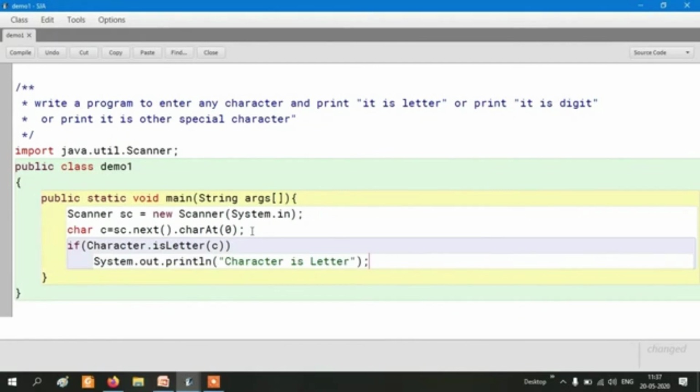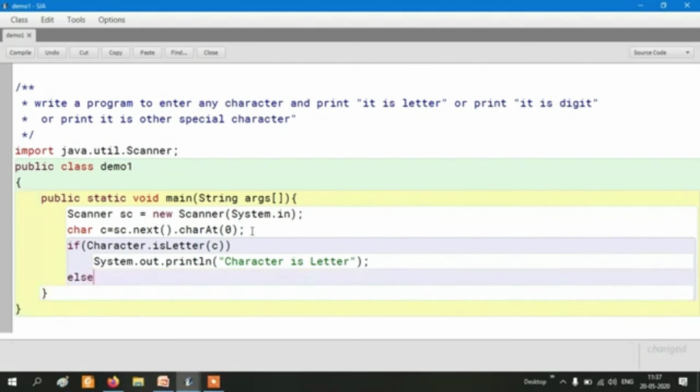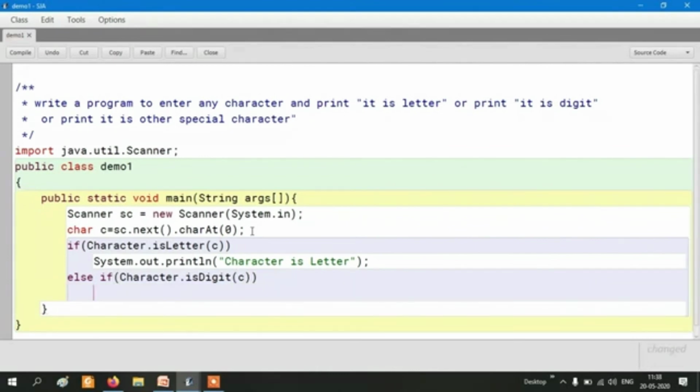Now next is else if Character.isDigit(c). We will write for digit, System.out.println character is digit.